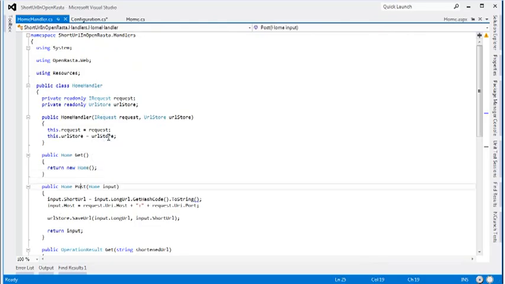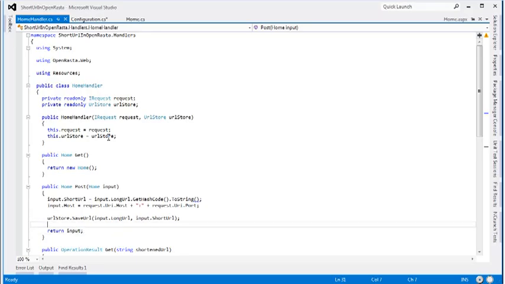When we hit that submit button, it's a POST, and again there's some data in the form data. We set up the home resource to be able to take in form data, and so that was deserialized into this input parameter, which is of type home, and it's a POST method. So that's how OpenRasta will match that up. We do the same thing as before, a stupid way of trying to shorten the URL. We take the host here from the request, so we just expect that if you do a request from somewhere and there's a host name in there, that's also the host name you would probably need for your shortened URL. Save that and return